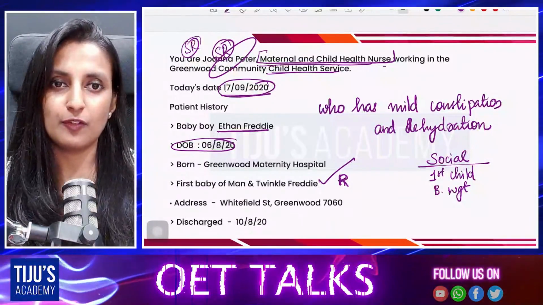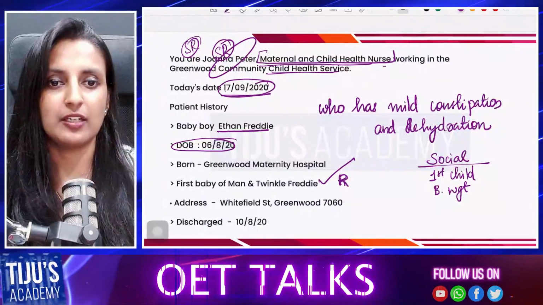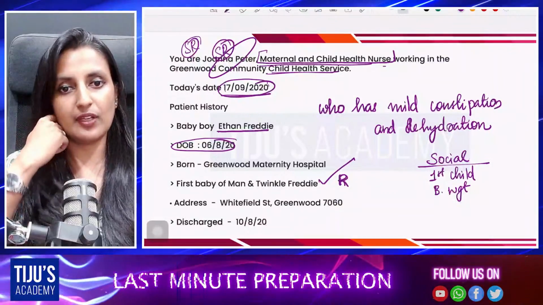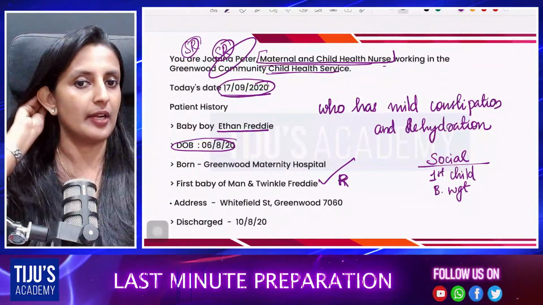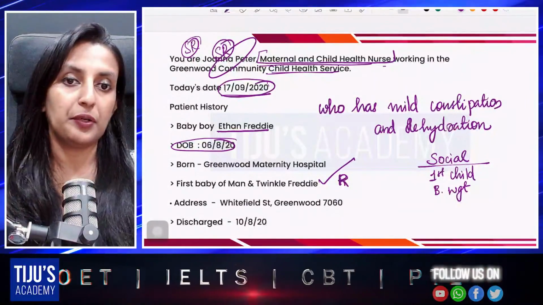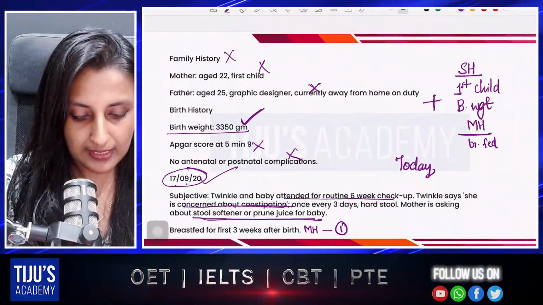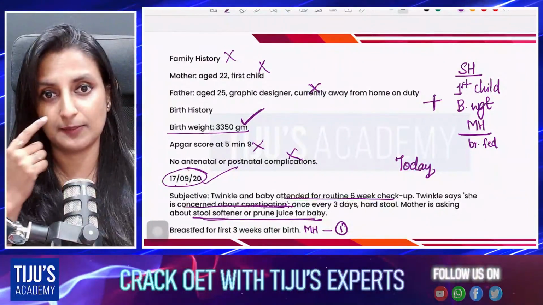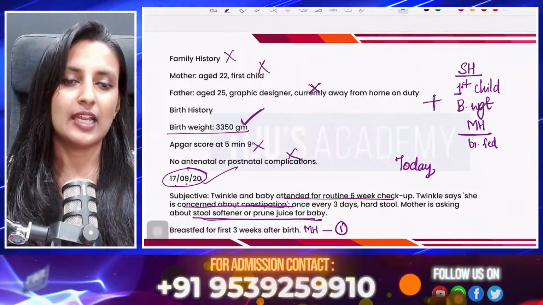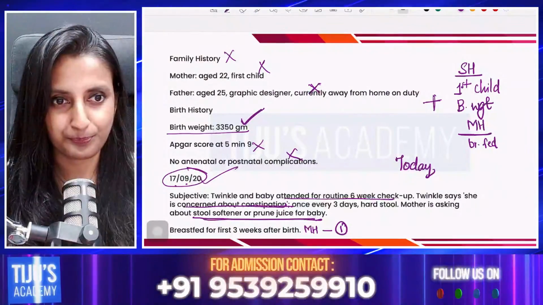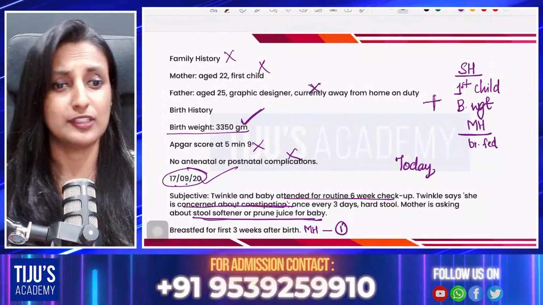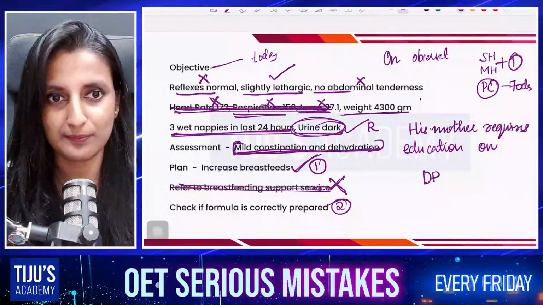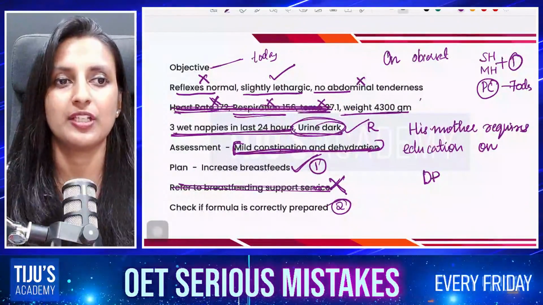And what we did, first we took the social history and checked whether the social history is relevant for a lactation consultant. If it is relevant, we can write the social history. We can start writing. So we started with the social history, then continued with the medical history. Here the medical history says the 3 weeks after birth. That is all the past. So that's the medical history. And in the second paragraph, you mentioned about the today's content, routine 6-week checkup, and constipation and stool softener. Then all these things happened on observation, and we concluded the letter by mentioning the discharge plan.